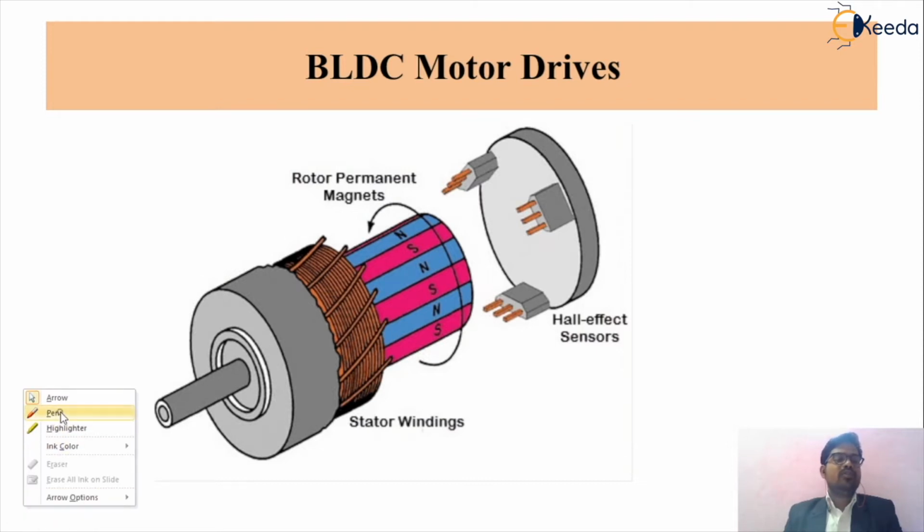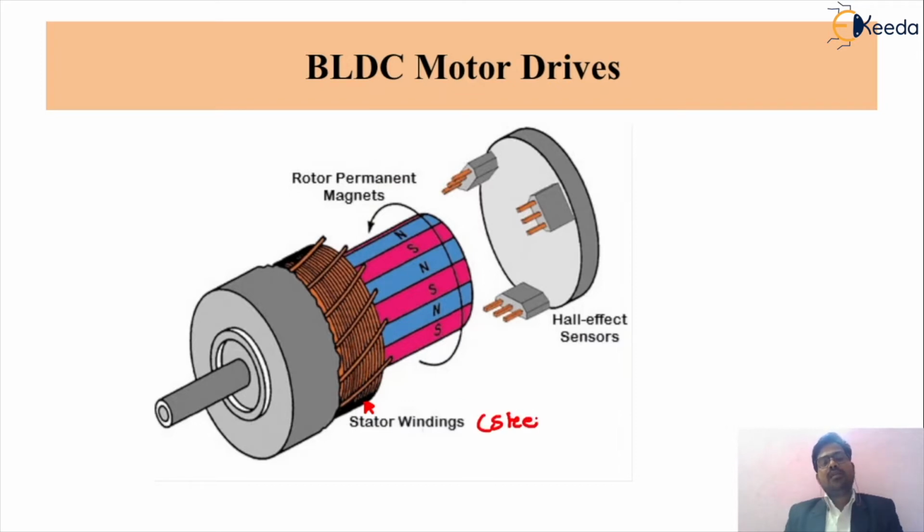As we know, this part is called the stator winding of your circuit. This stator will basically be made of steel, and in that stator we are using armature winding. Depending upon our requirement, we use a single-phase or three-phase armature winding. So this is the stator, and the second part is called the rotor.